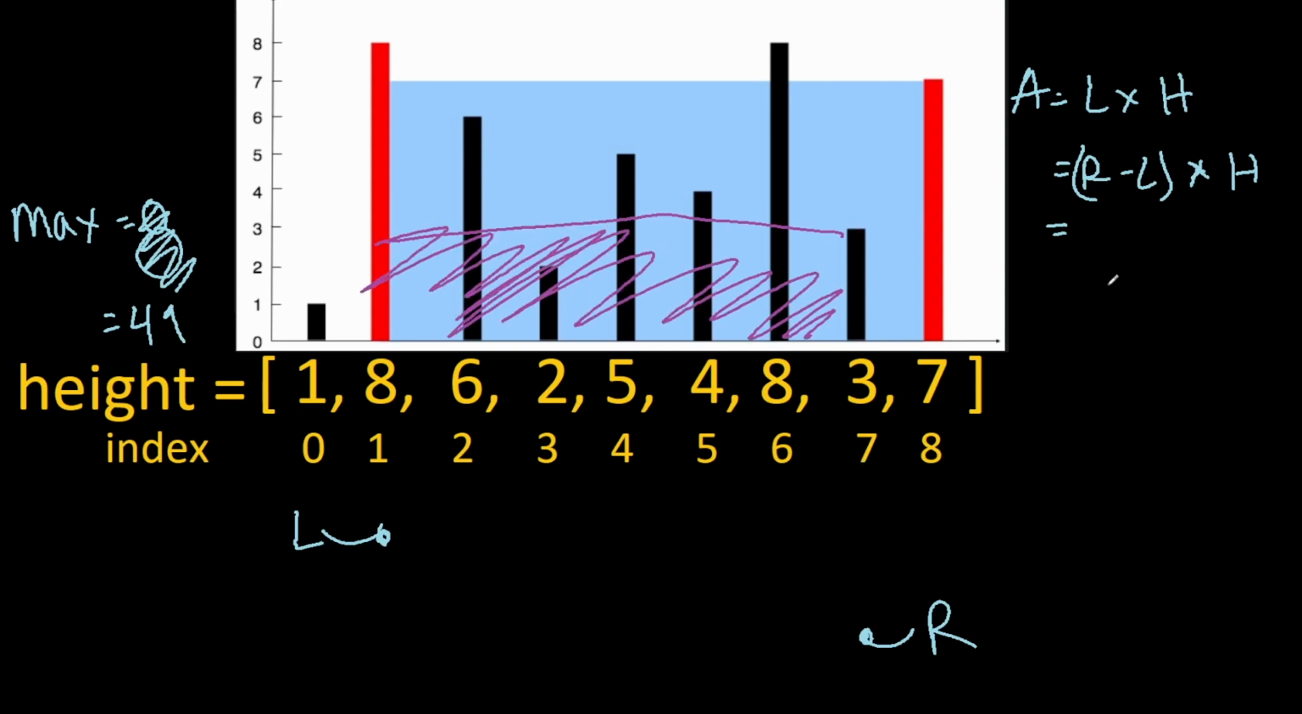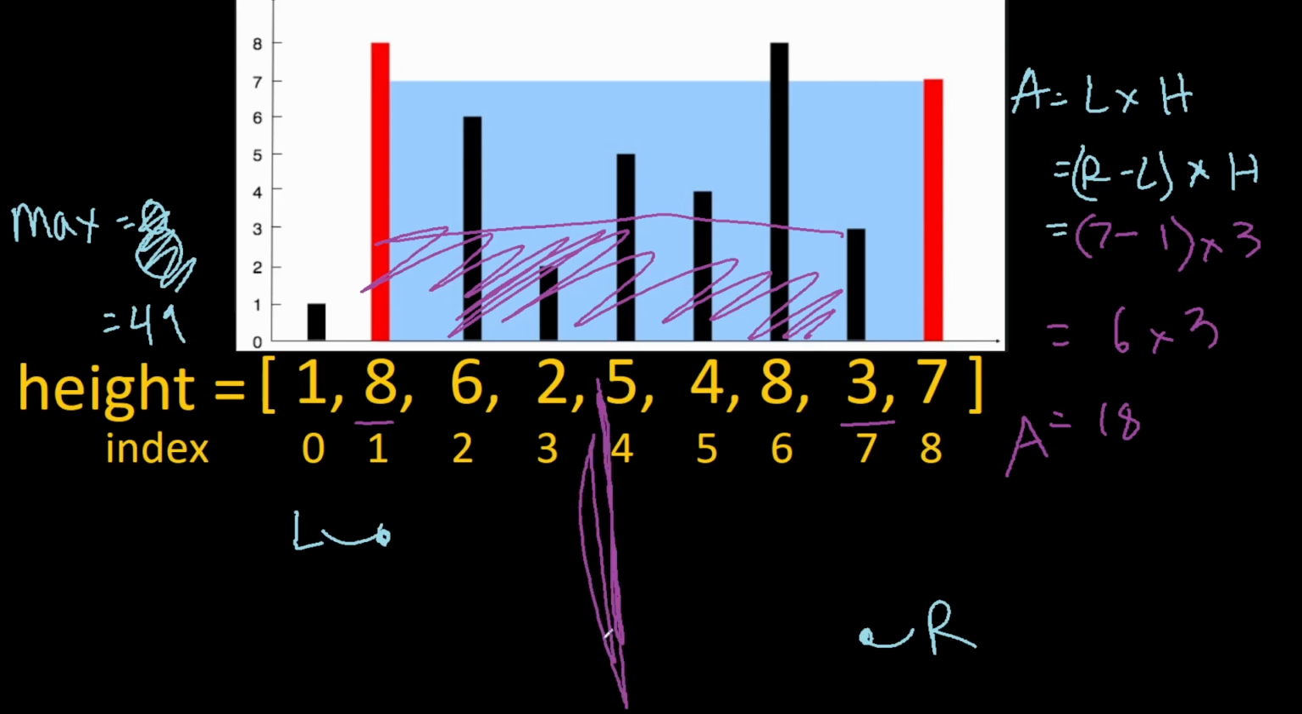So right, which is at 7, minus 1, times the smallest height, which is 3. 7 minus 1 is 6 times 3. 6 times 3 equals 18. Our area is 18. Is 18 greater than 49? It's not. So we'll keep our max as 49 and we'll keep iterating through using our left and right pointers